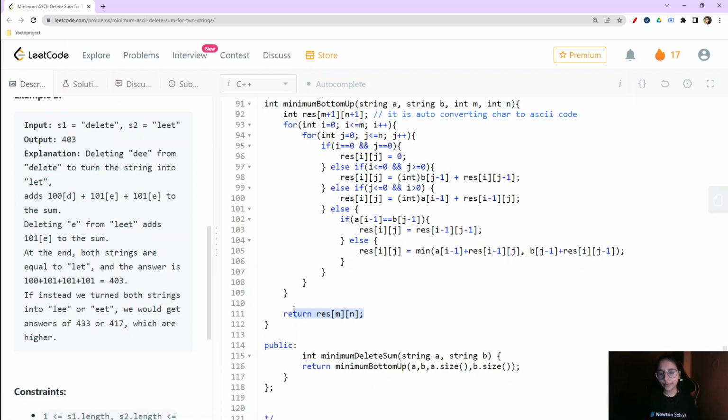Because in the coming questions, there would be some where the answer is not stored at this position, but somewhere else in the table. When we come to those solutions, I'll tell you why that is the criteria. But for the LCS solution, most of the time the answer is stored at the bottom right position, the way it is stored here. So this was all for this question. If there's any doubt, you can comment that down. And yeah,